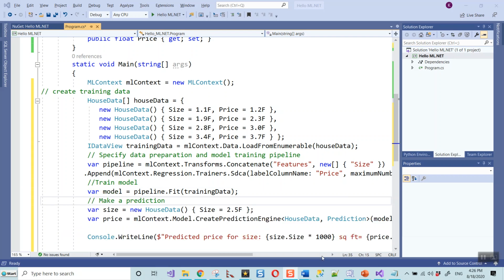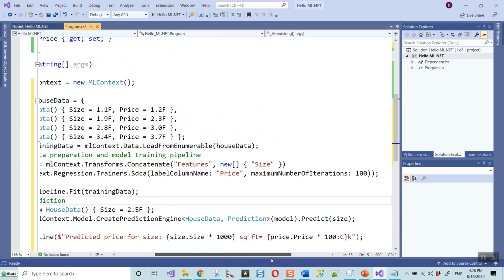Okay. Now that we have trained the model in this step, it is time for the model to make a prediction. This is the output. So here I declare the size variable as new HouseData, and I give it a size 2.5f. Remember, this has to be multiplied by 1000 square feet. So 2500 square feet. For that size of house, what will be the price predicted?